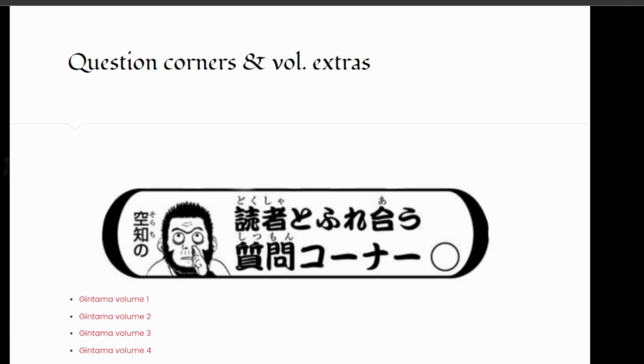that we see, which is what brings us here to what we're going to be looking at, which is the volume extras for Gintama. This time going for volumes 3 and 4. I did 1 and 2 previously. If you want to check that one out beforehand, I'm going to be looking at 3 and 4 to read